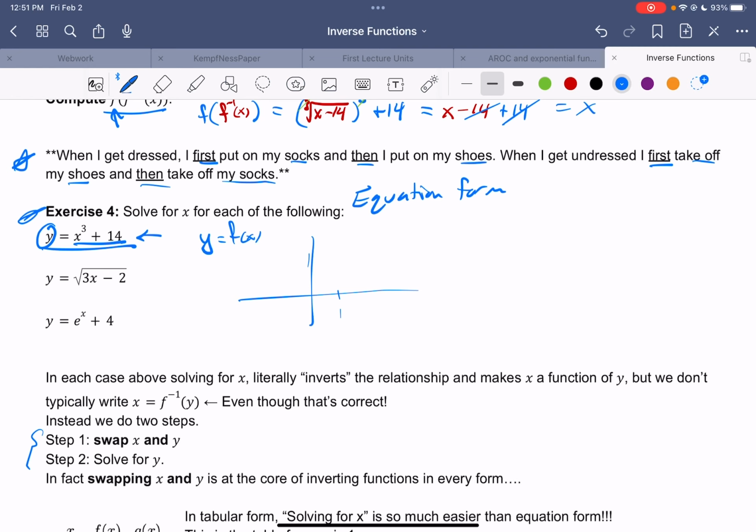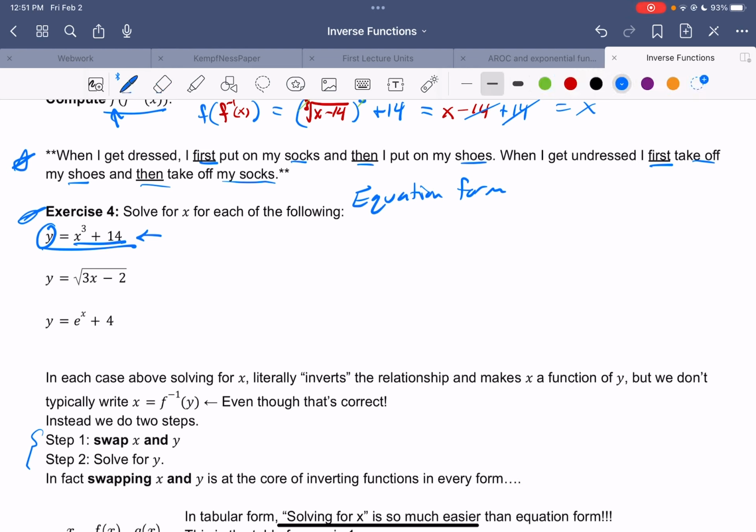So 1 cubed is 1, and then plus 14 is 15, so 1 comma 15, also known as 1 comma f of 1, okay? And this might feel a little uncomfortable to write it like 1 comma f of 1, but in fact, every graph you've ever seen is x comma f of x. This is why people write y equals f of x. They're saying, hey, that y value, it's equal to f of x. This has been going on behind the scenes all along, okay? So anyway,